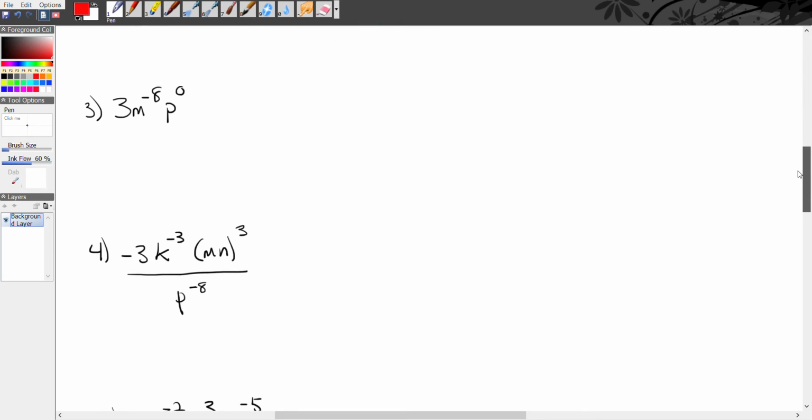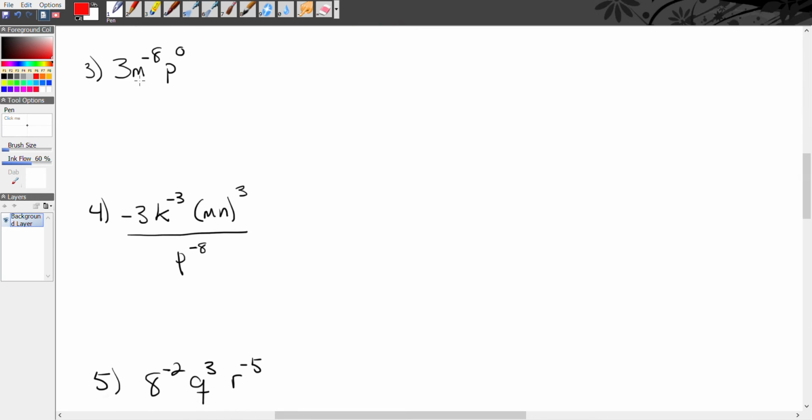Okay, next example. We have here 3m to the -8th power and p to the 0 power. Remember we talked about seeing negative exponents and the need to move them, right? Well, what if you're looking at something and it's not a fraction? Well, you can make anything a fraction. If I have the whole number 7, I can turn that into a fraction and just put it over 1, correct? So I want to do the same thing with any terms. If I want to view this whole expression as a fraction, all I need to do is put it over 1. Okay? And that's going to help me,